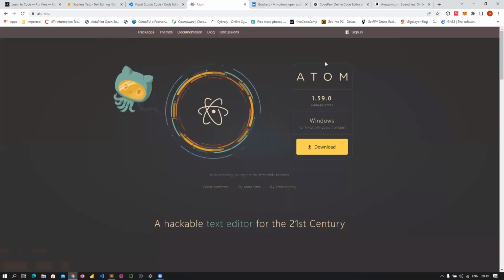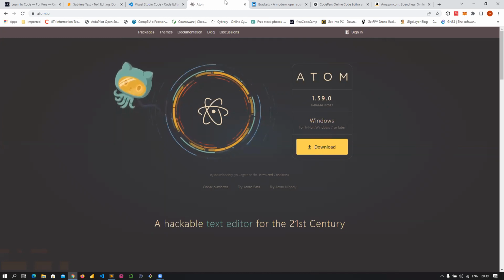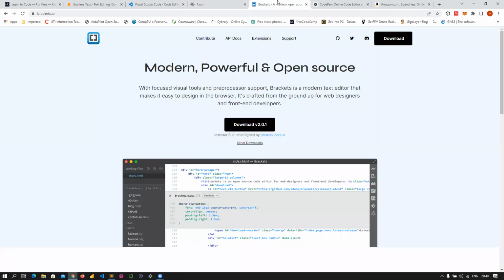So that's all for Sublime Text. As you can see, it detected that I'm using a Windows machine. So if you are using any other operating system aside from Windows, download Sublime Text for that particular operating system. But as a starter, as a beginner, I recommend Windows for now. And once you've advanced, you can actually start using other operating systems like Linux or Mac. Then the last one here is